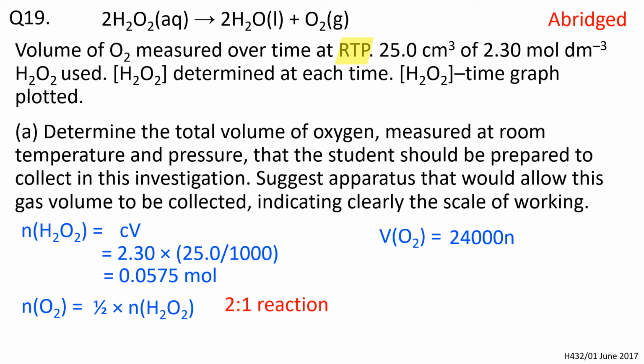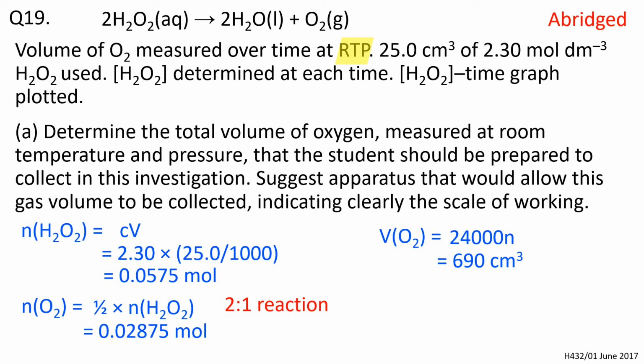It's a 2-to-1 reaction. So therefore, if I divide that 0.0575 by 2, that gives me the answer of 0.02875, which is the amount of oxygen. And then to calculate the volume of O2, I simply multiply it by 24,000, which gives me an answer of 690